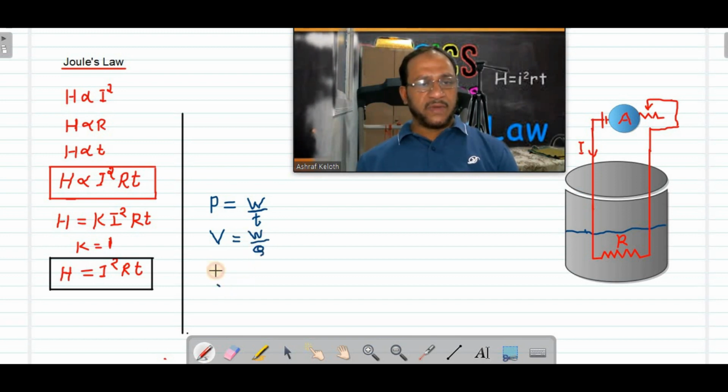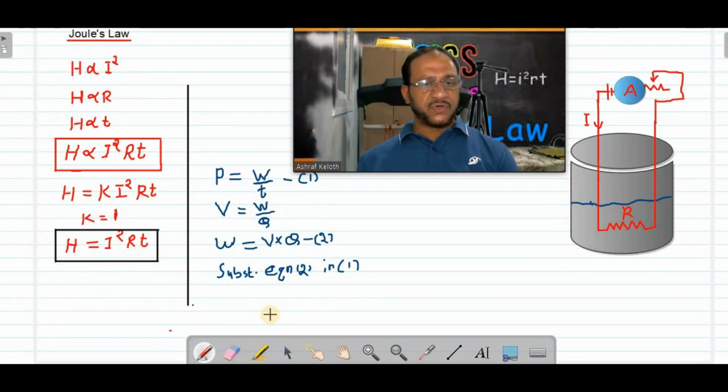From this equation, what will W be equal to? If I rewrite this equation for W, W is equal to what? V into Q. W will be equal to V into Q. Now, we'll take this first equation as equation number 1 and this one as equation number 2. Now I am substituting equation 2 in 1. Instead of W, I can put V into Q. So the equation becomes P is equal to, for W I am substituting V into Q,